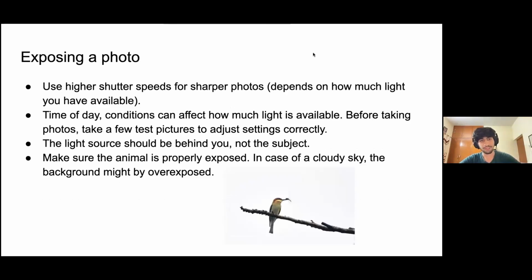Then we come to exposure. When you're working with wildlife, you want to use a higher shutter speed, obviously, because it gives you sharper photos. But then you have to balance it out because you might not have enough light. And one really important thing is that when you're taking photos of wildlife, you're going to be in the field,